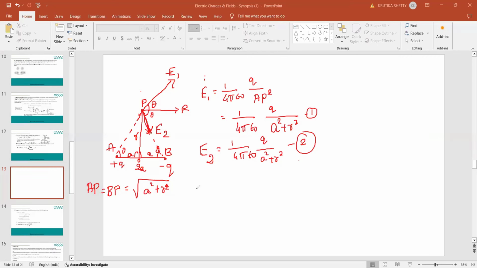Now you can see that E1 is equal to E2. Yes or no? Your E1 is equal to what? It is E2, because both are 1 upon 4 pi epsilon naught Q divided by A square plus R square. Correct? Therefore, the net electric field intensity is given by